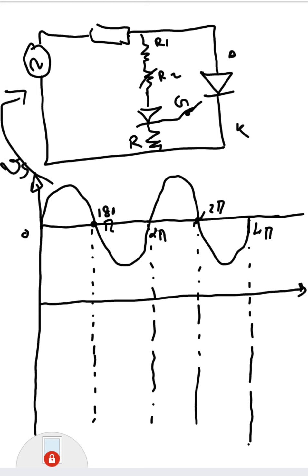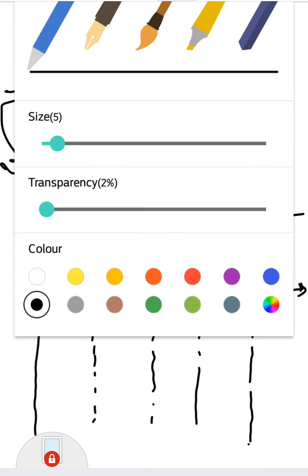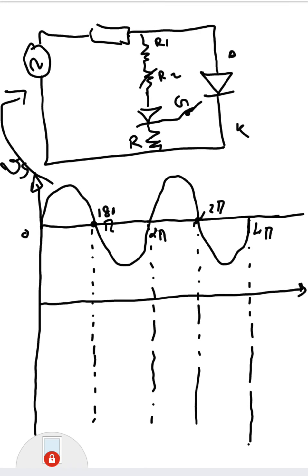So the next graph I am going to draw is the gate voltage appearing here, this VG. Okay, so this is the graph for VG. And I already told you that for an SCR they will specify the value of the triggering voltage VGT. Assume that it is equal to say 2 volt for this SCR. So first you have to mark that 2 volt here. This is VGT, the 2 volt line.